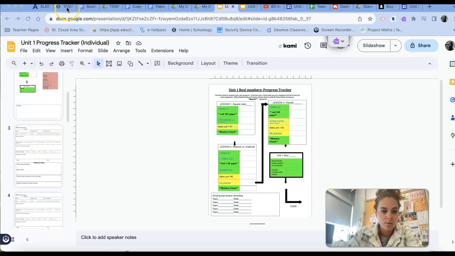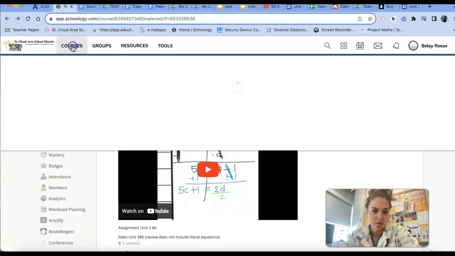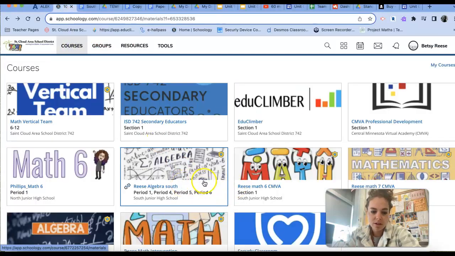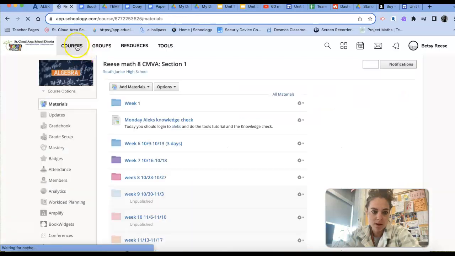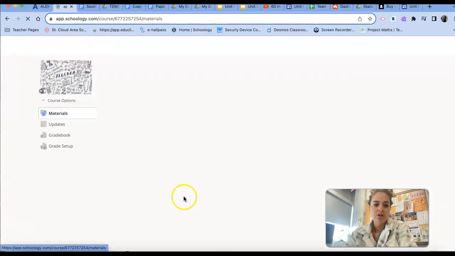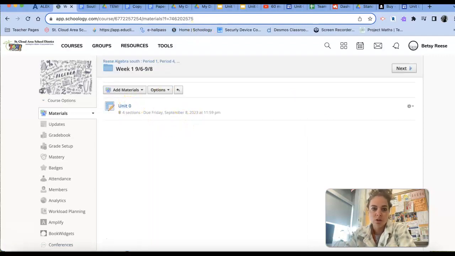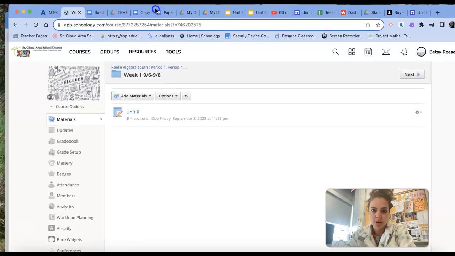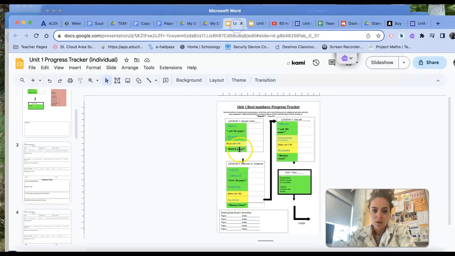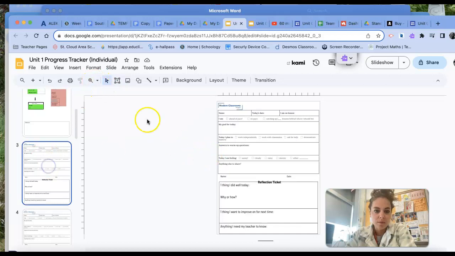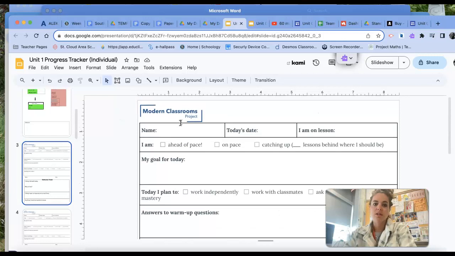So you will be in Schoology, where you're going to find these documents, and it'll just say your assignment there. Actually, it's going to be under the week, I think, is how I have it. So we're in, oops, wrong one. We are in this algebra course, so week 1 will be here, and if you click on that, Unit 0. So you'll open up Unit 0, or in this case, you're going to be looking for Unit 1 when it's that time. So when I get to Unit 1, each day I'm going to come into the classroom, I'm going to open my document, and there is going to be a